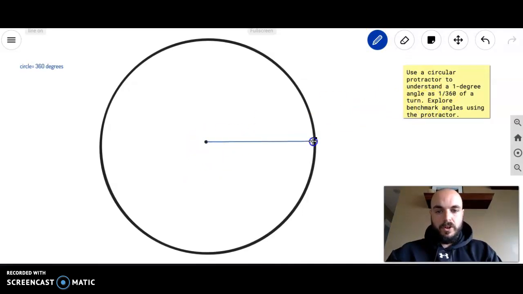So I'm going to first just draw a nice baseline like this, which is where you usually want to line up your protractor. And I'll do it outside the circle so you can see where it ends. A 1-degree angle is about this big. Because you've got to imagine that there is